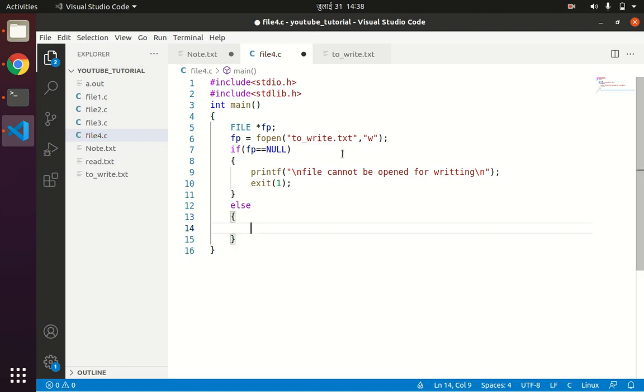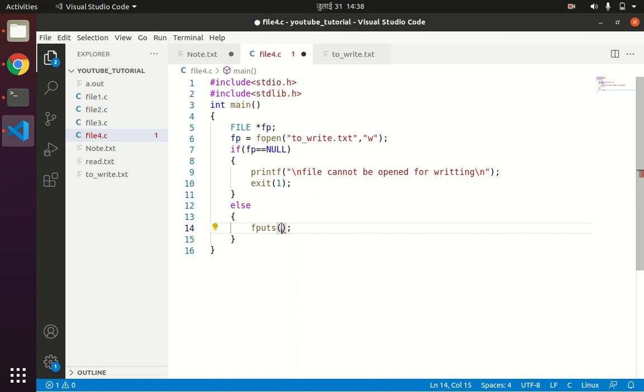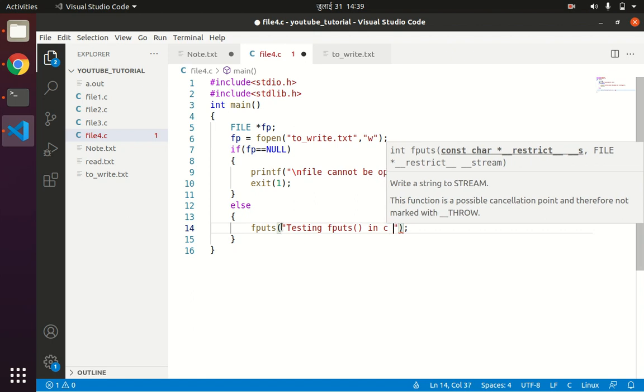So now we have the fputs function available. Let us understand the syntax of the fputs function. The fputs function accepts a string constant and then the file pointer. Let us say the string is "testing fputs in C program".